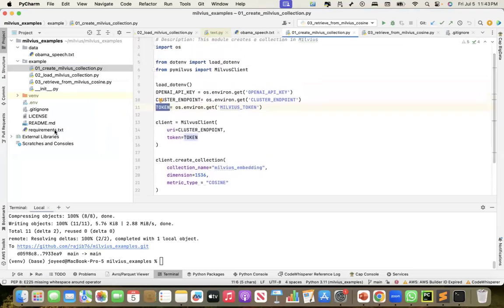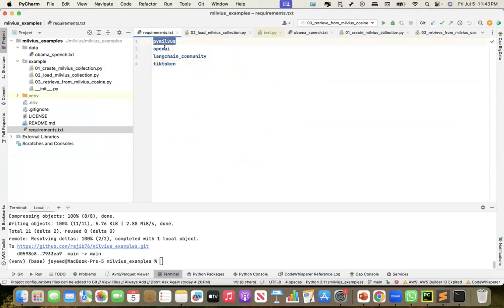For pip install, you need PyMilvus and OpenAI, because I am using the embedding model from OpenAI. You also need LangChain community, because to show this demonstration, I'm using the recursive text splitter from LangChain. And tiktoken is required to calculate tokens during the recursive text splitting, since I also gave how many tokens it should use. So, going back to the code,